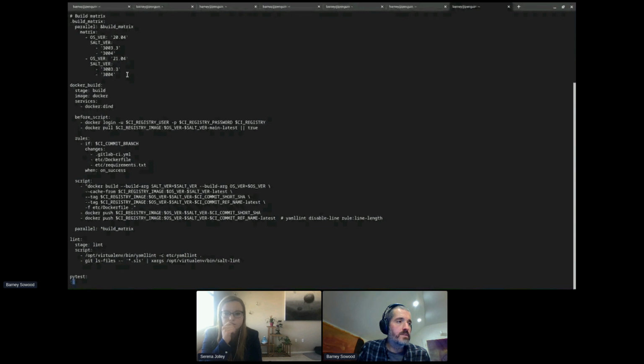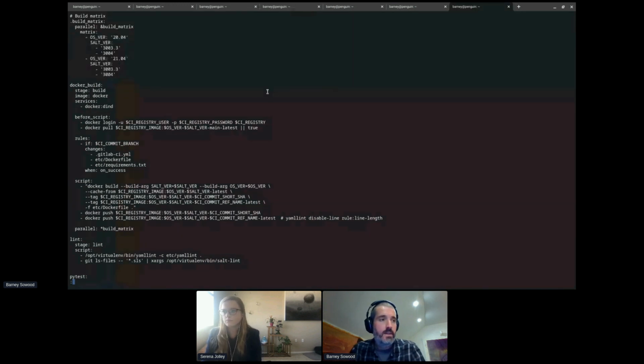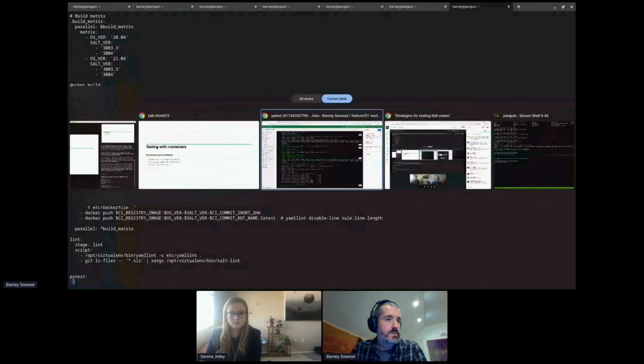Essentially, by using a build matrix on GitLab CI, we're able to build container images for multiple combinations of OS and Salt version, and then let's see what it looks like.